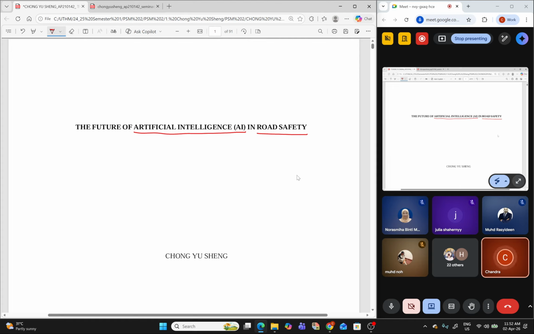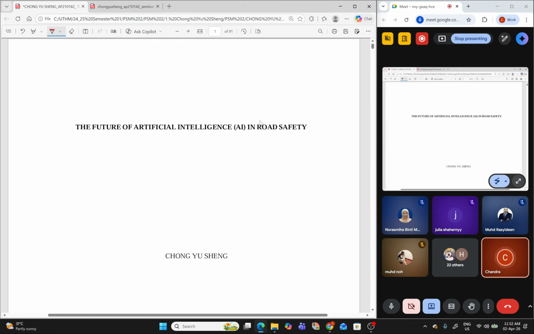So each of you will have a technology and you will have a domain where you want to see this future in the technology. I mean, where you want to do the research. So this is one of my students' thesis: the future of AI in road safety. The technology is AI, the domain is road safety.